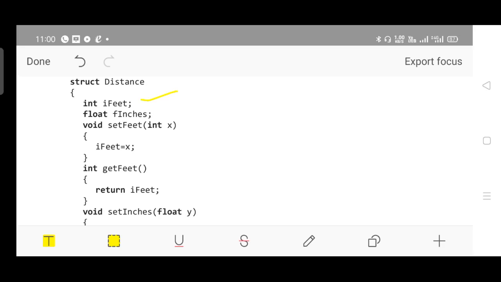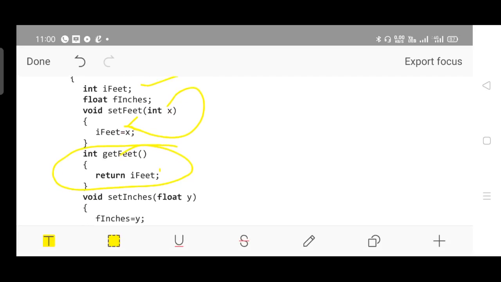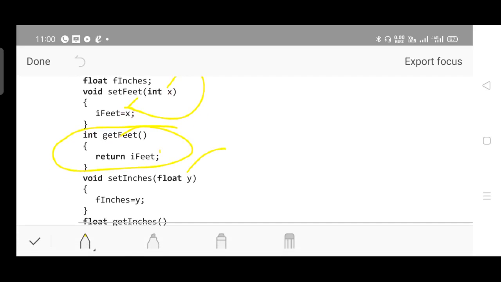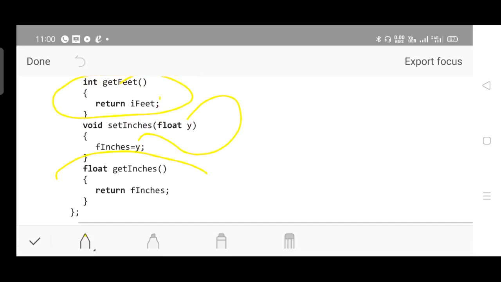Whatever parameter x, the formal argument you are passing, will be set to iFeet here. Okay, getFeet will simply return the same value. setInches takes again a formal argument y, that will be initialized to fInches. Similarly we have getInches, so whatever value y stores, the same will be returned.